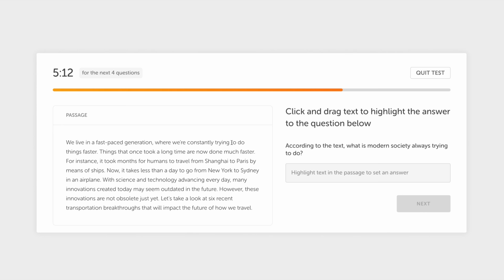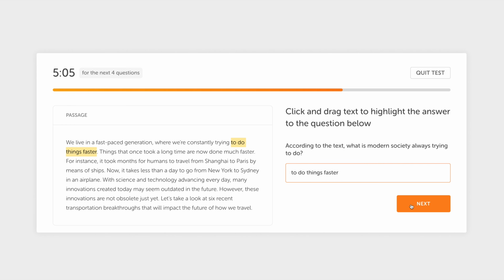The third question type is a comprehension question. Your job is to read the question and then highlight the answer in the text. I know a lot of you are going to ask me, how much should I highlight? Well, the answer is that you should only highlight what is actually needed to answer the question. Don't highlight more than necessary. I think you will lose points if you do that. Instead, be as specific as you can and highlight only what you need to answer the question correctly. And you will get this highlight question twice per reading section.